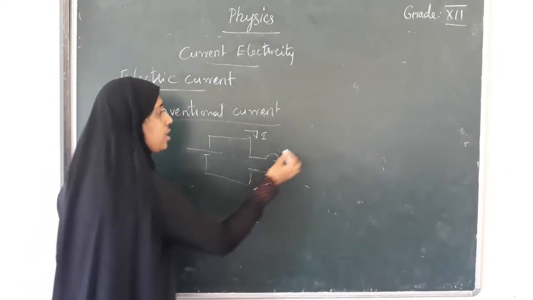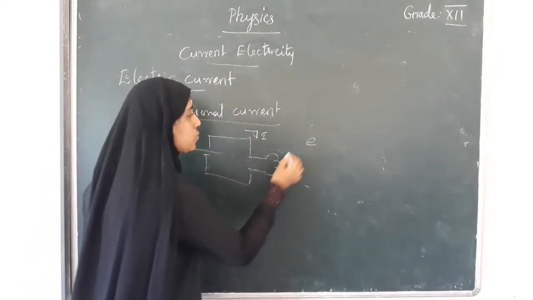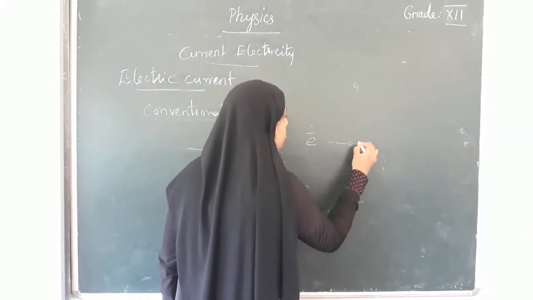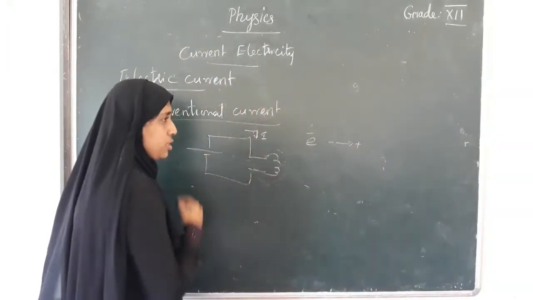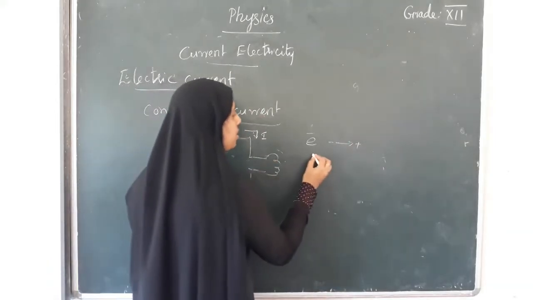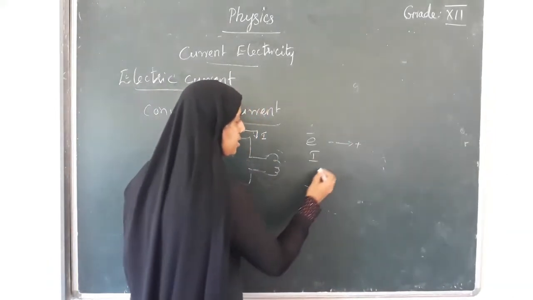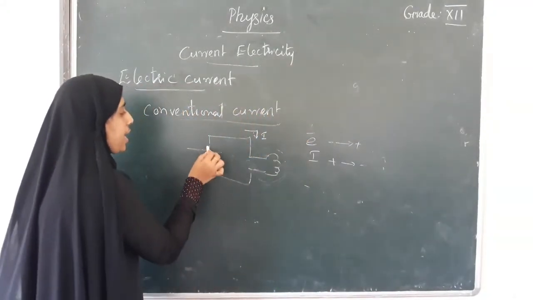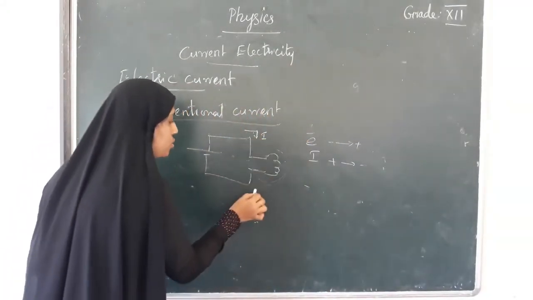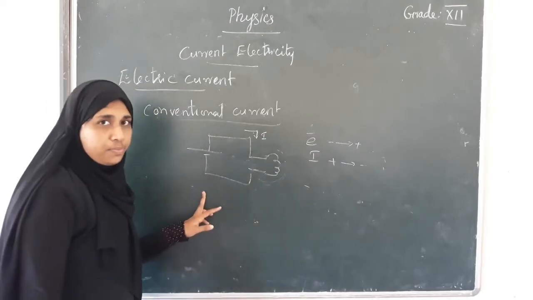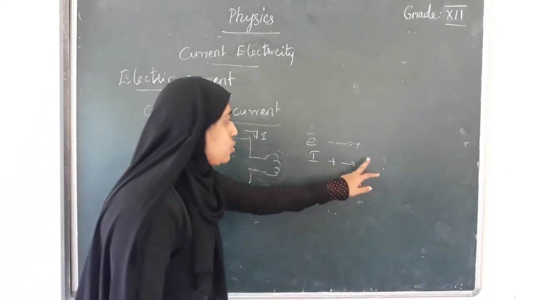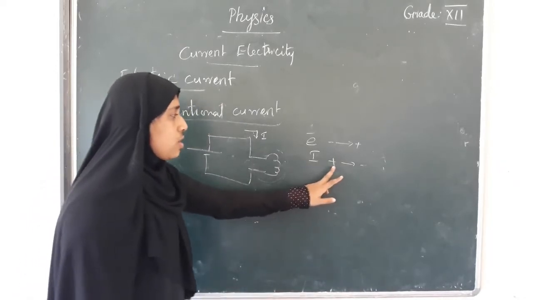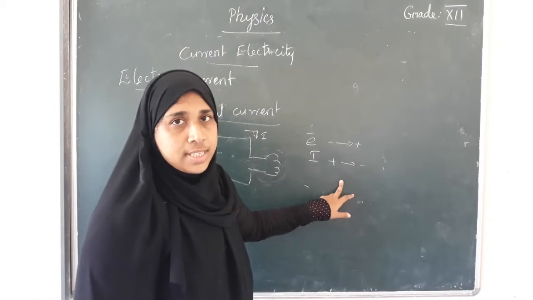We know that electrons always flow from negative to positive direction, negative terminal to positive terminal. And the current flows in the opposite direction, that is positive to negative. So by convention, the direction of the current is from positive terminal to negative terminal. The electrons flow from negative to positive. Electric current flows in the opposite direction of the electron, that is positive to negative. This is about